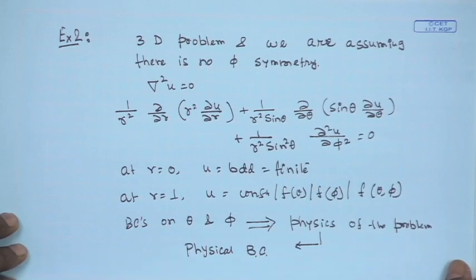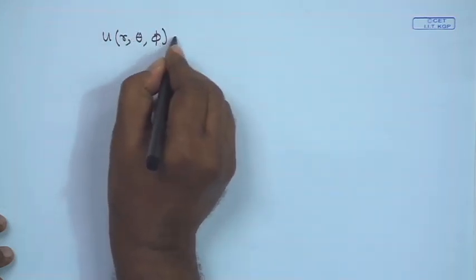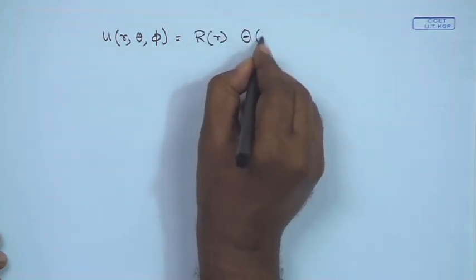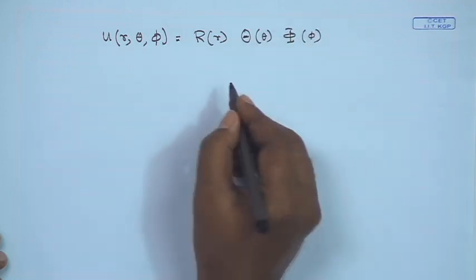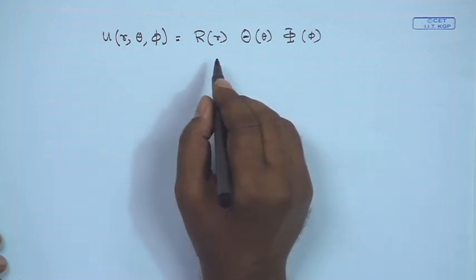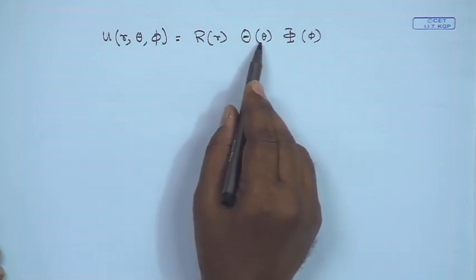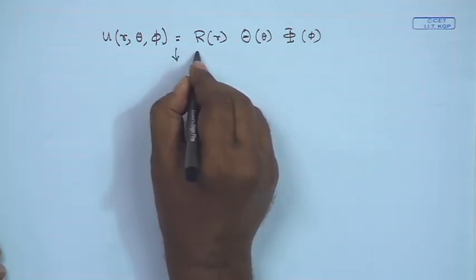Thus, as we go ahead with the solution, we will look into the boundary conditions in a more appropriate version. Now, we will be looking for a separation of variable type of solution. So, u(r, theta, phi) is equal to R(r) times capital Theta(theta) times Phi(phi). So, it will be considered to be a product of three functions. One will be a function of r alone, another a function of theta alone, the other a function of phi alone. Now, if I replace this in the governing equation,